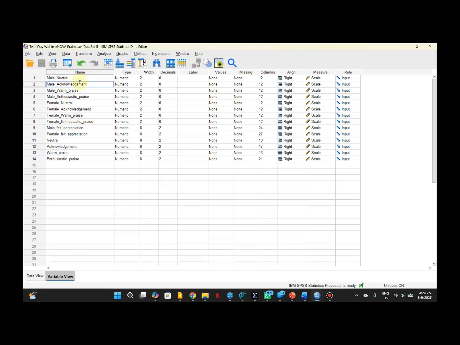Another way this data could have been structured is if the praise is neutral and is coming from a male, what's the felt appreciation? If the praise type is neutral coming from a female, what is the felt appreciation? So I'm just going to type how that data would have looked if we structured it like that. So we would have had something like